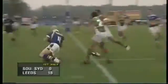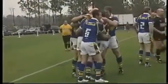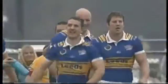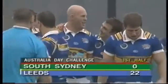Maguire attacks to the left on to Keith Senior, and Senior just waltzes in to score try number 4. And the South Sydney defence right there was dismantled close to the line. And Leeds have their fourth try, and a high five from Keithy Senior, who I mentioned earlier has been around